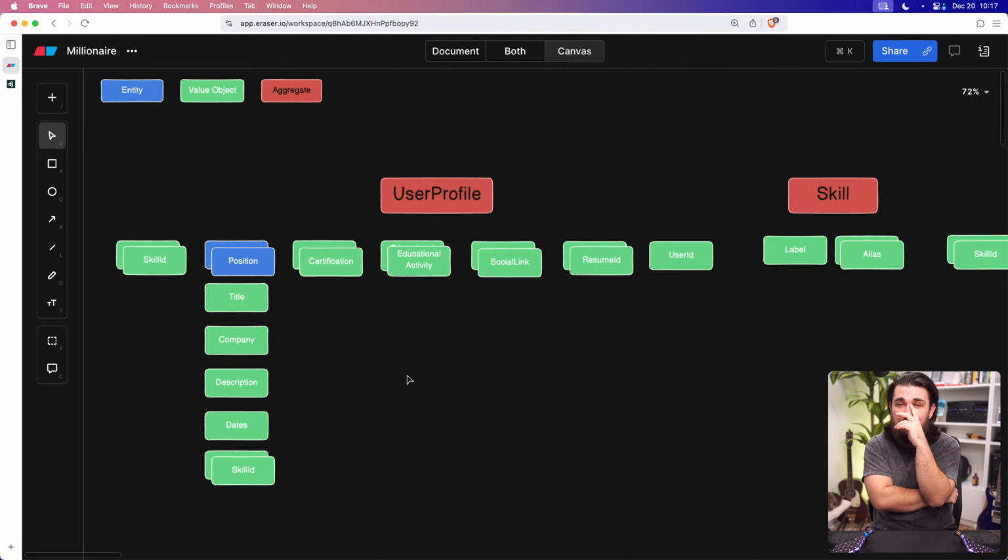But the other thing is, if we grab the profile, if we just want the user to check authentication, for example, we're gonna pull in the certification, we're gonna pull in the educational activities, and these are arrays as well. All the social links, all the positions, we're just going to pull this whole data set, and we just wanted to check the email or I don't know. So how do we approach this? What is the